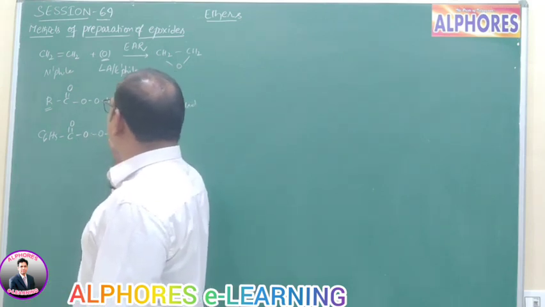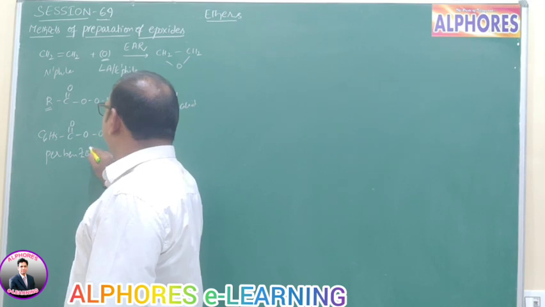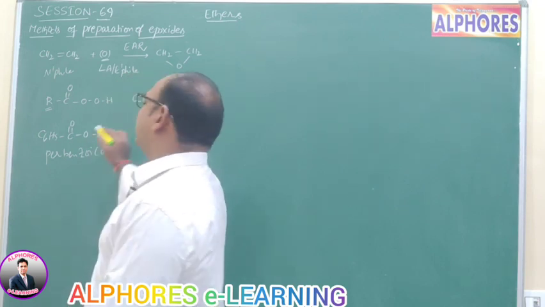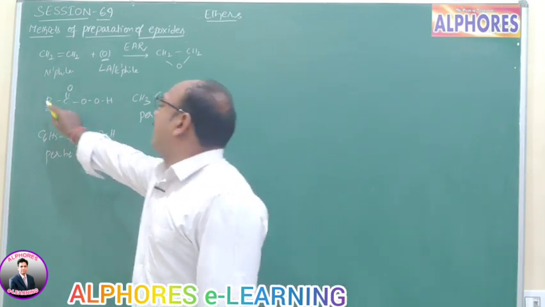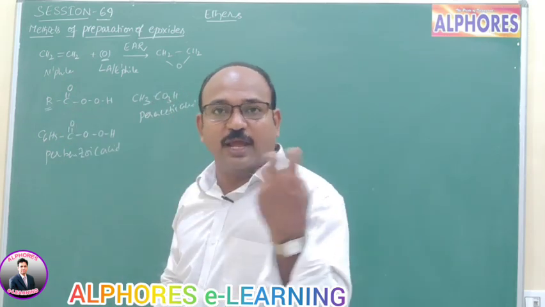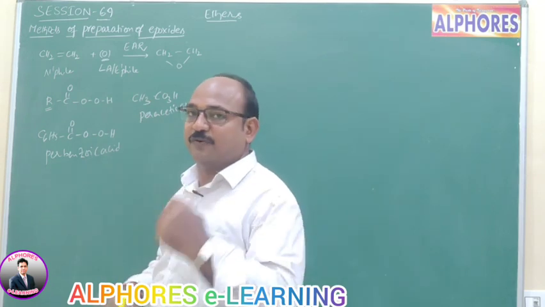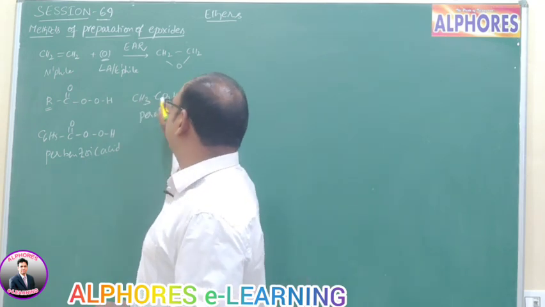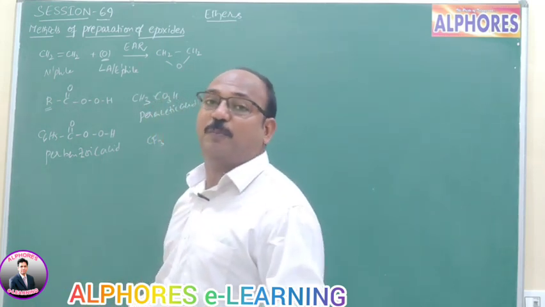But here we want the perbenzoic acid. This is what we call perbenzoic acid. All these are examples of peracids. Now, in peracids, if the alkyl group is attached to a strong electron-withdrawing group, in such a case epoxidation is much faster. See, instead of CH3CO3H, if we are using trifluoroperacetic acid,